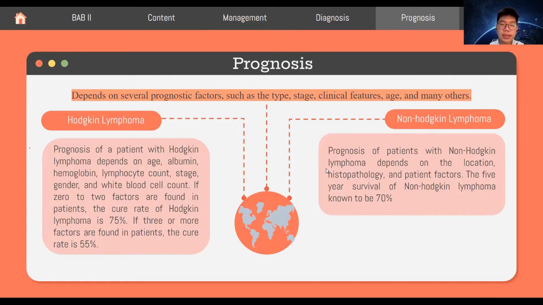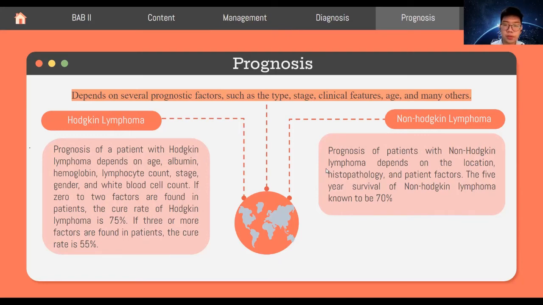The most widely used assessment is the International Prognostic Index and its variants. The International Prognostic Index is often used to group aggressive lymphoma patients into risk groups based on their prognostic score or factors. The lower the score, the better the outcome expected. The higher the score, the worse the outcome expected.